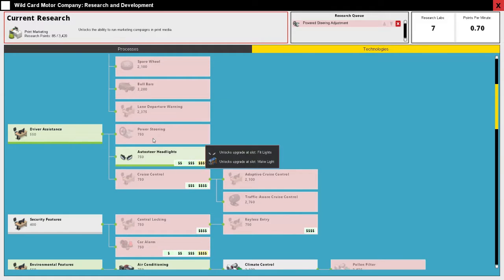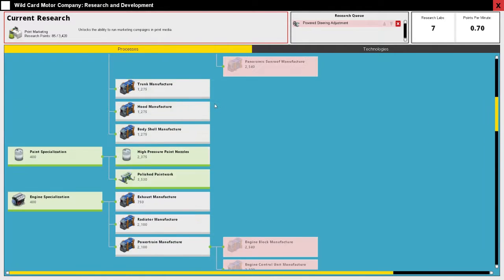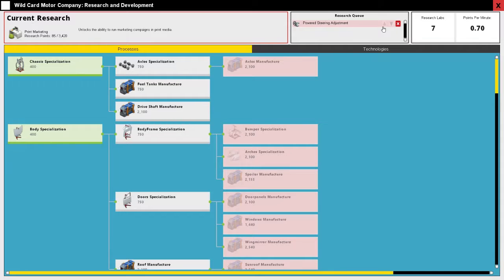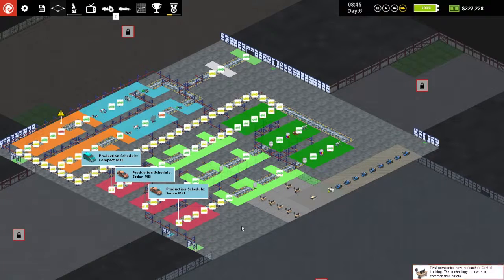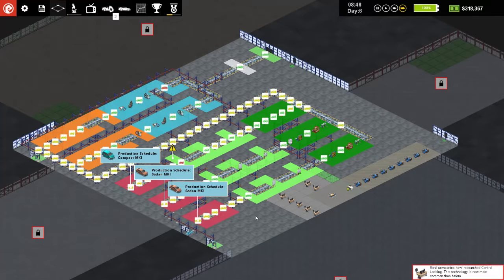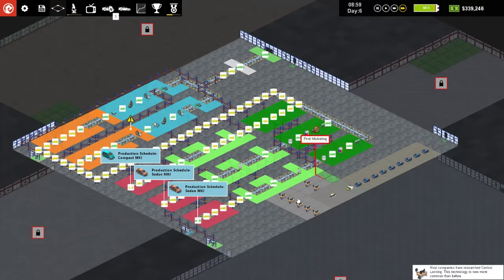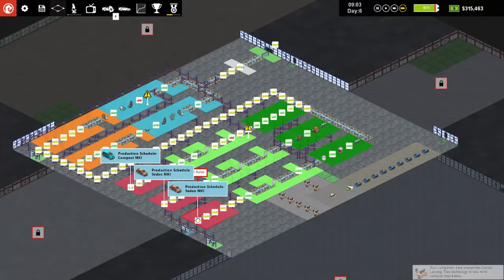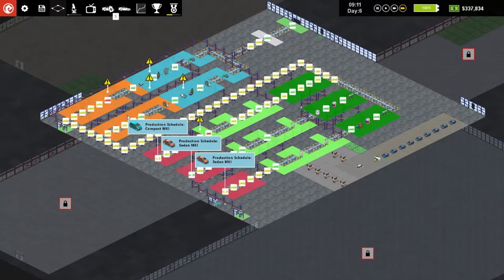We've got some technologies which have been researched, but we really need these specializations now. So once power steering adjustment is researched, which shouldn't be too far off, let's have a look how we're doing. Okay, so that's on its way. So once that's done, we're going to get all of our specializations. Once we've got our specializations, we should have a big chunk of money, and then we are going to completely and utterly wipe out the whole of our production line,